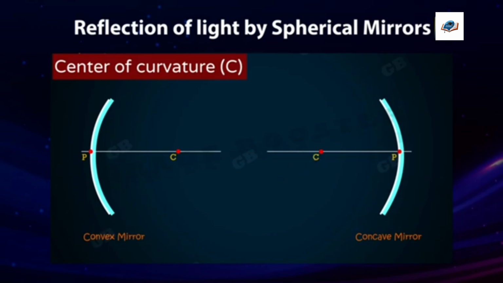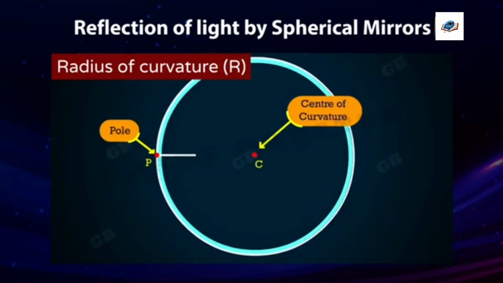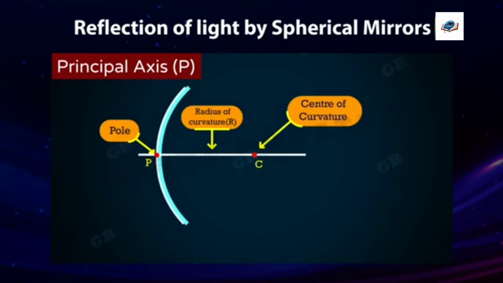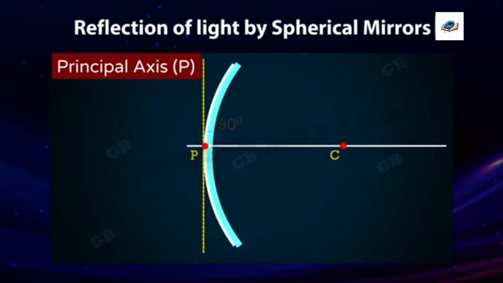Radius of curvature. The radius of curvature of a spherical mirror is the radius of the imaginary sphere of which the mirror is a part. Principal axis. The line joining the pole and the center of curvature is called the principal axis. We should remember that the principal axis is normal to the mirror at its pole. That means at the point of the pole, the angle between the plane of the mirror and the principal axis is